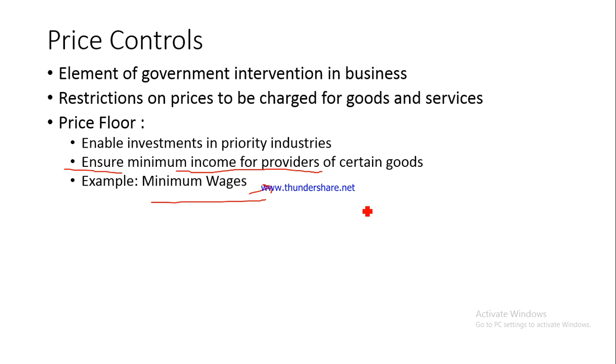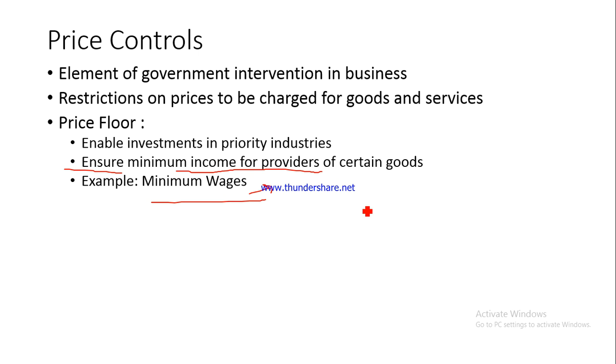Why? What will happen? Please understand. Suppose the government fixes minimum support prices for, let's say, wheat. I'm just giving an example. These do not correspond to the actual figures. Supposing the minimum support prices for wheat are, let's say, 1000 rupees per quintal, and for pulses they are, let's say, 3000 rupees per quintal. Which particular crop would the farmer want to grow? Wheat or the cereals, or the pulses? The pulses, because naturally there the minimum support prices are more than the support prices in case of wheat.